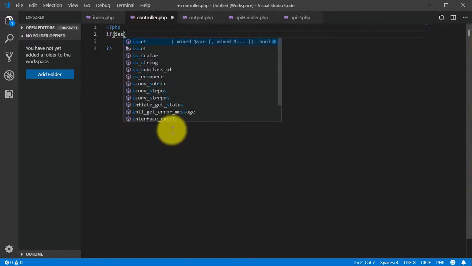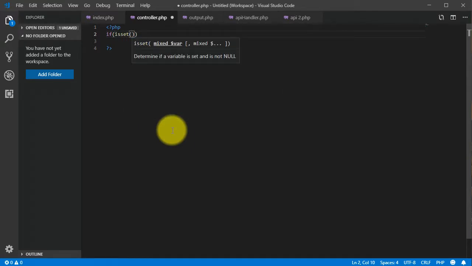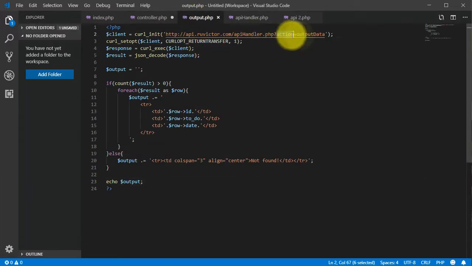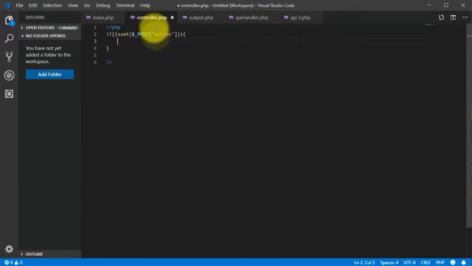If isset post, and we have here action. So if we have anything in our post method in the action variable, because if you remember in our output, we send this output data in our action variable. So if it's set post action, then here we have another if statement,